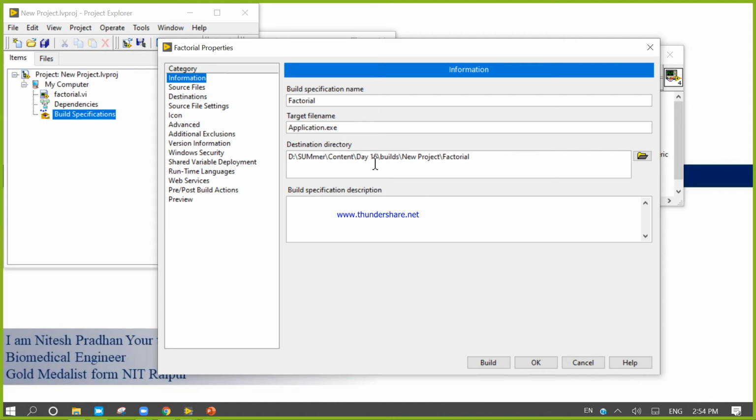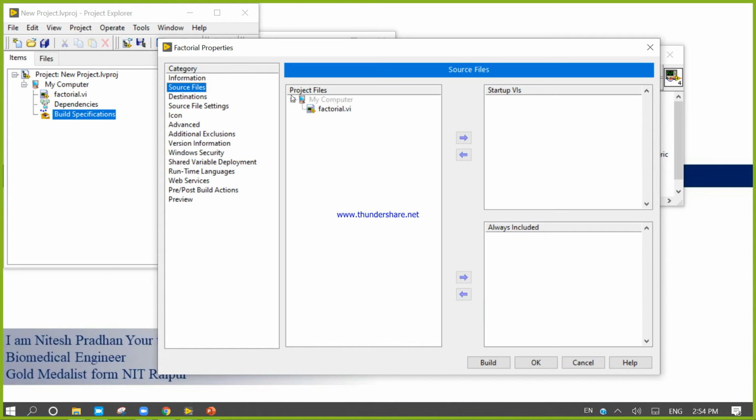Directories. Okay, same directories. Now if you want, you can change application.exe. Whatever name you want for the application.exe, you can change it.